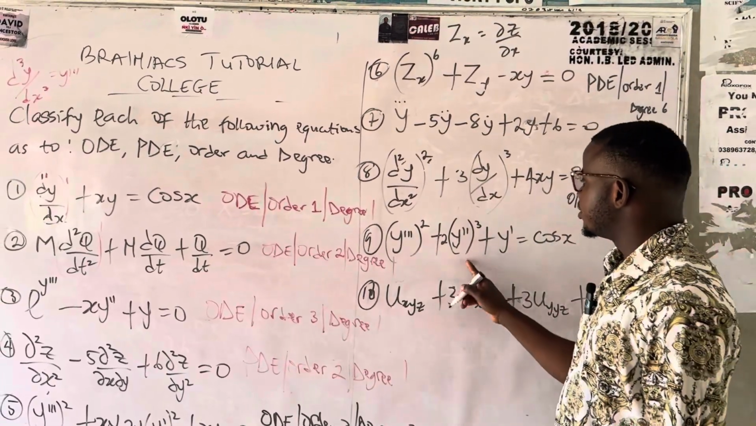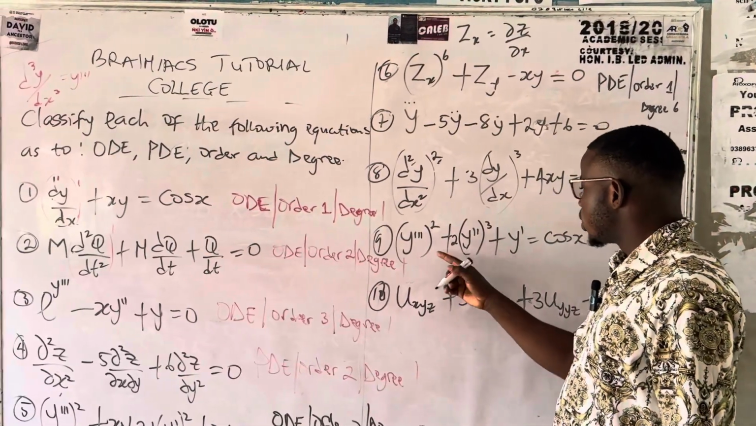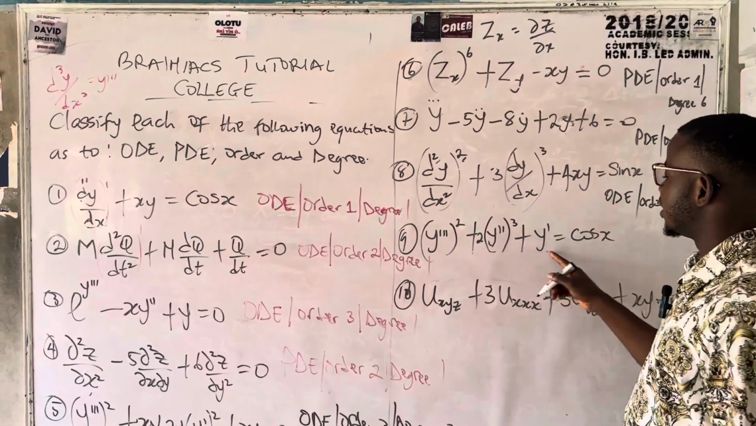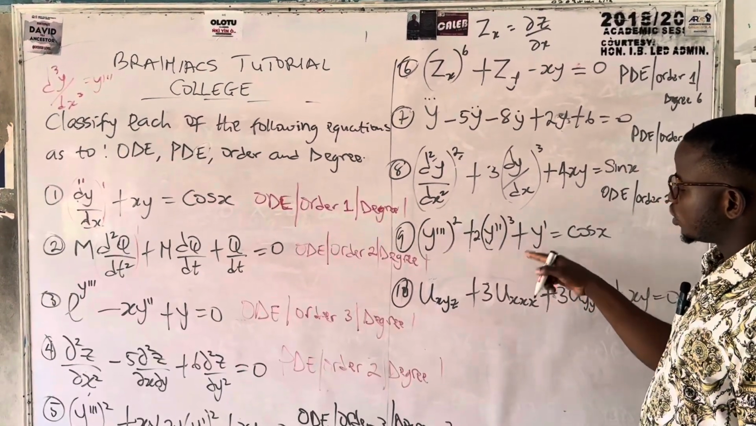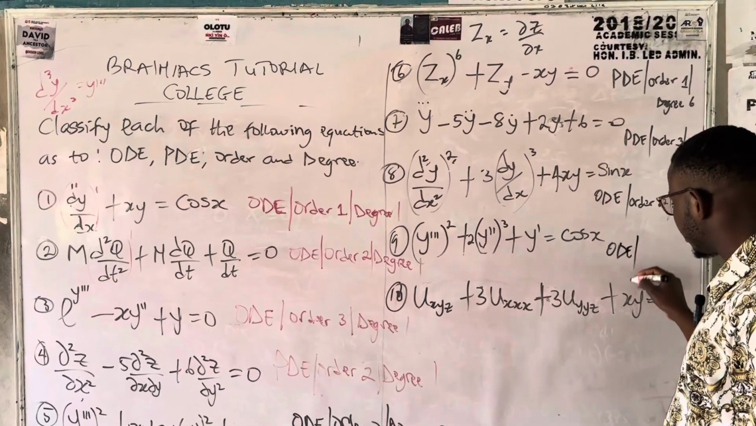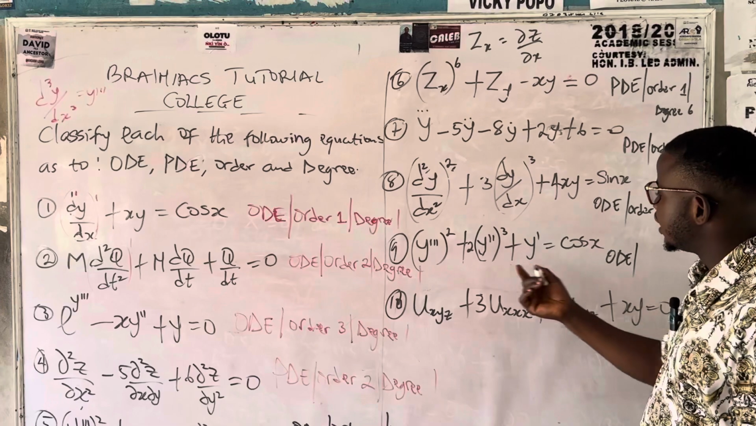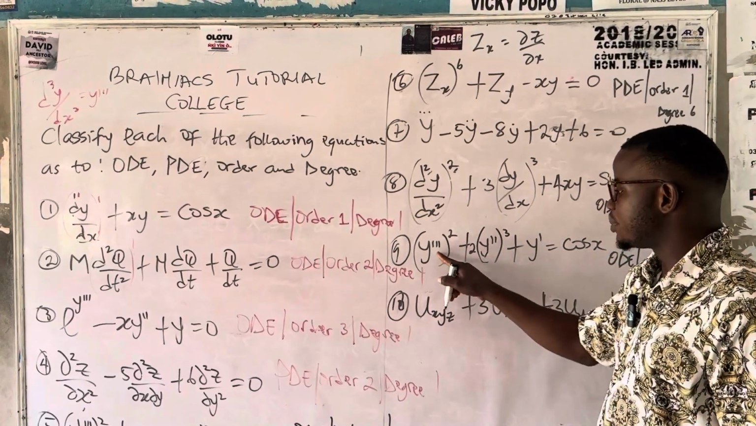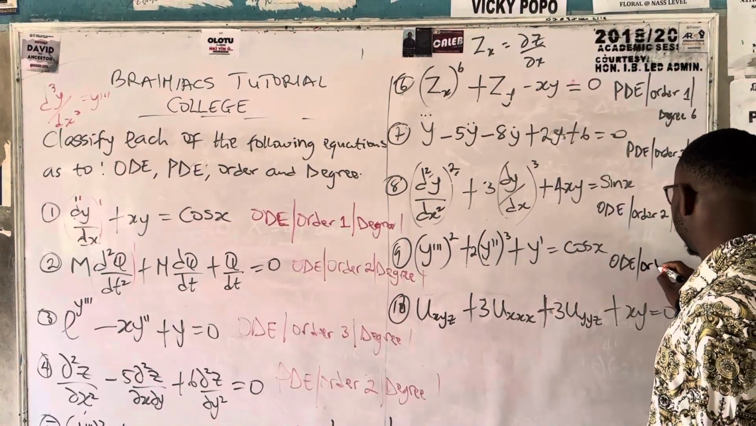So now the next question that we have here is example 9. We want to get the order of this one and the degree, and whether it is a partial differential equation or an ordinary differential equation. So this is an ordinary differential equation. That's the first one. And the highest derivative that we have here is this y prime prime prime. That's order 3. So that's where we get